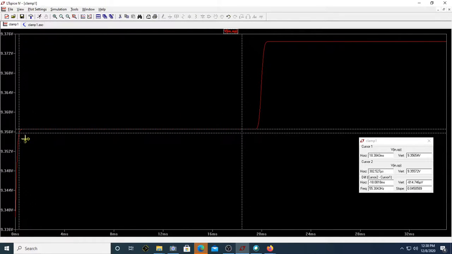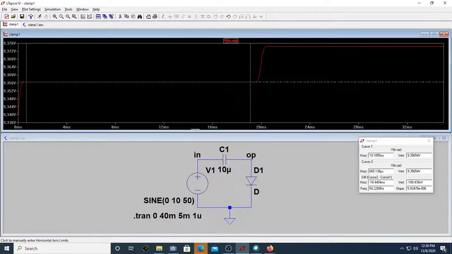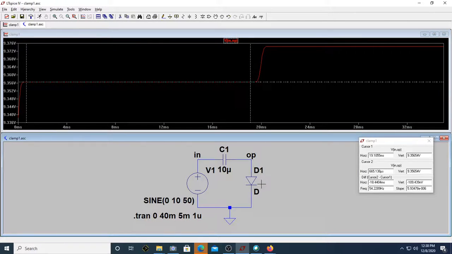Can you see here? The capacitor voltage has almost very slightly reduced. Then the capacitor again charges. You can see the amount of voltage it has lost is very, very little. In the actual circuit, what will happen is you're going to have a resistor coming across this, which will be pretty high in value.